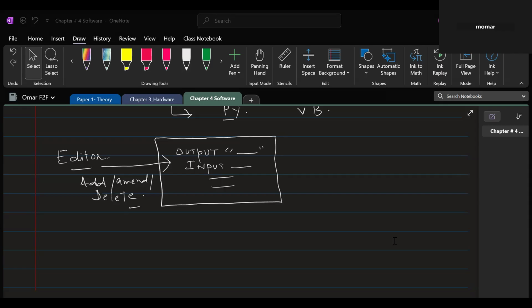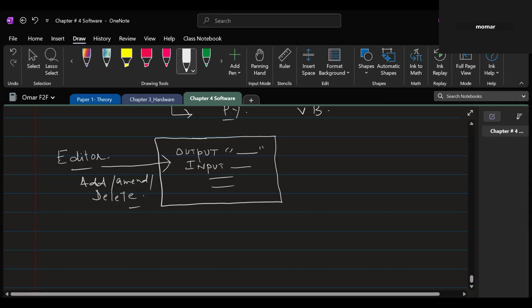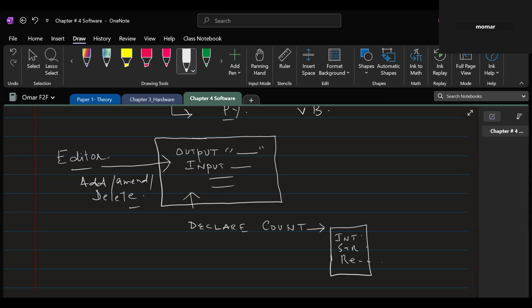Umar, clear? Okay. Moreover, it also provides you an auto completion facility. Auto completion means, for example, if you start writing something, let's presume I'm writing here, if I write declare, by the way this is pseudocode, declare count. When I need to write the data type, it automatically gives me so many options, right? Integer, string, real, etc. So auto completion,